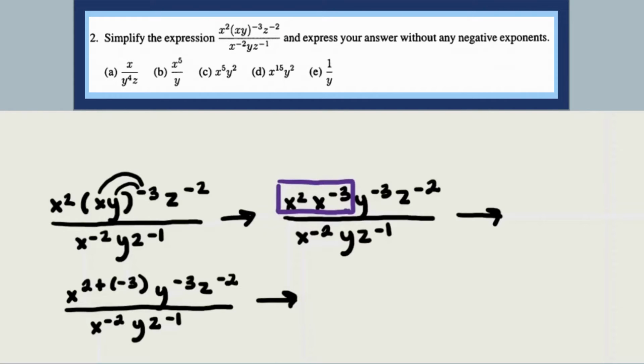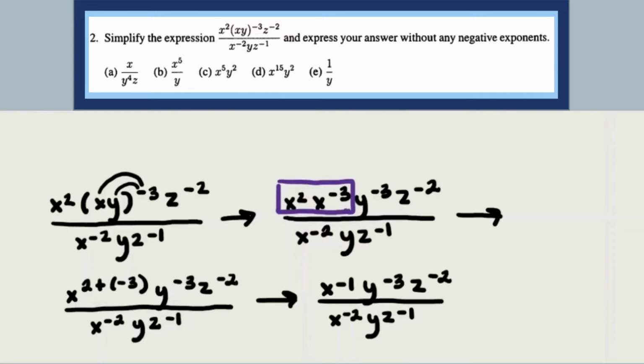And when we do that, x to the 2 plus negative 3 will just turn into x to the negative 1 times y to the negative 3 times z to the negative 2 all over x to the negative 2 times y times z to the negative 1. Alright, so the next thing we're going to do, since we're dividing, is first split these up